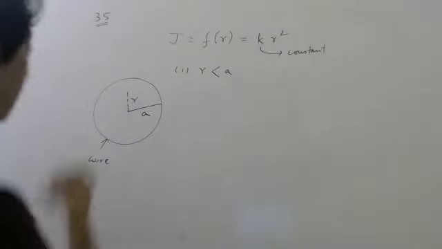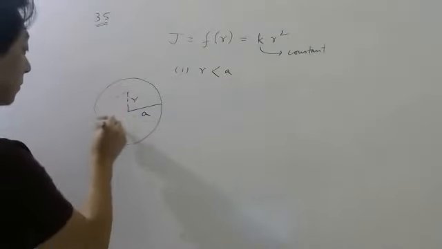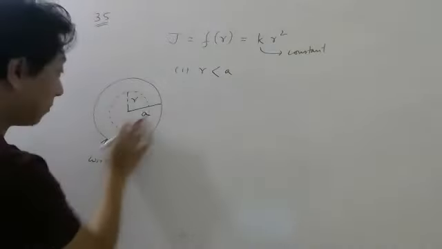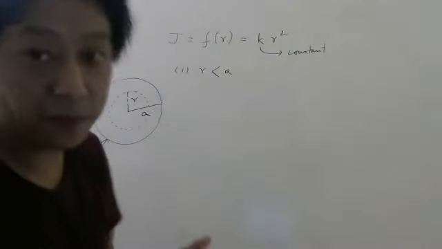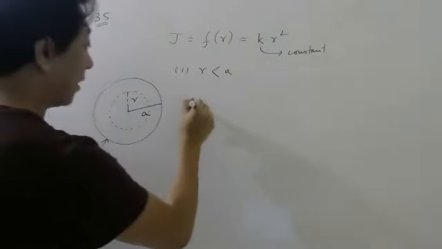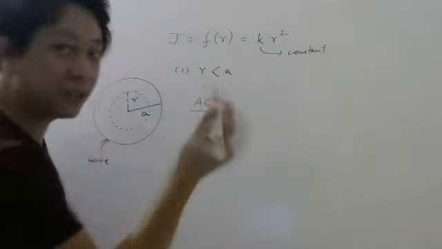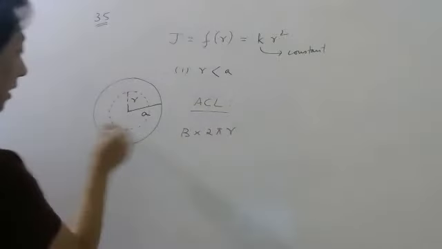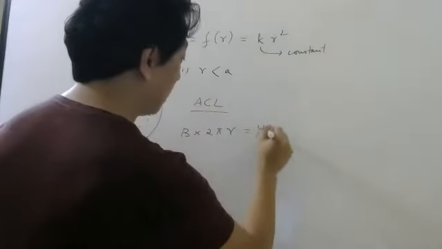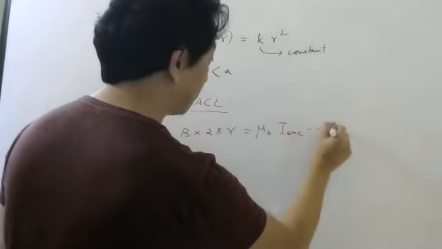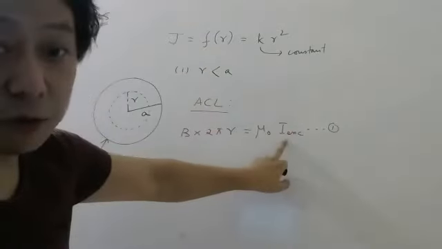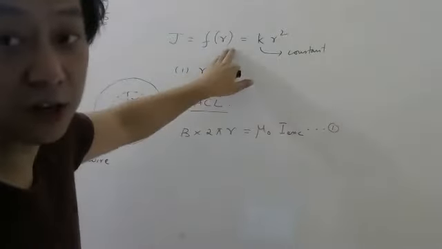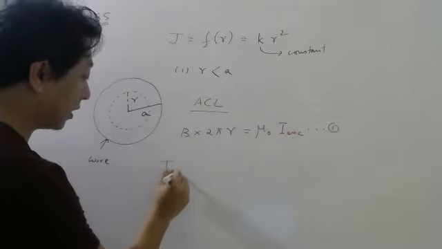Now you draw one Amperian loop. This is your Amperian loop, correct? Now for this Amperian loop, you have to apply Ampere's circuital law. Left side is easy. Left side is B into 2 pi r. Okay, left side. Right side you have to calculate. This is the current enclosed. So now you have to think how to find this current. Directly you cannot multiply current density because current density is not constant. So how to find the current enclosed?